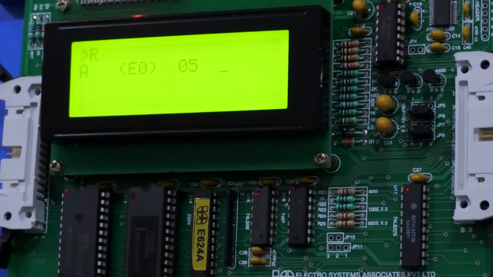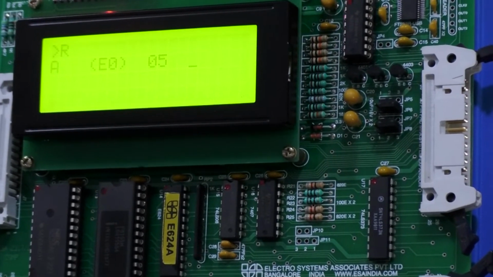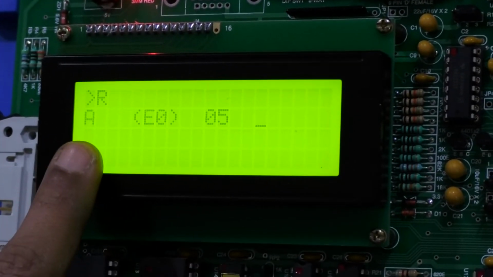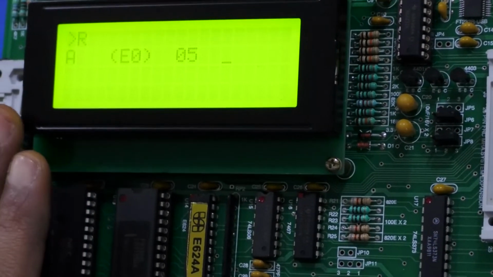You have taken number 3 and number 2 as the inputs. If you perform the addition operation, you can observe 05 as a result, and it will be stored in A register. You have to note down in the observation table: A register, and the output is 05. So this is how you have to perform the addition operation.